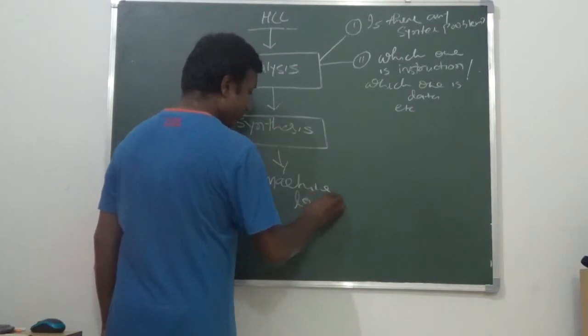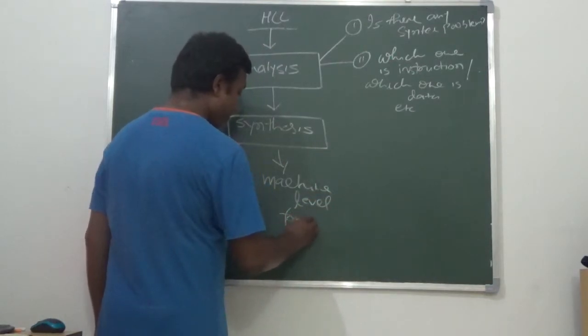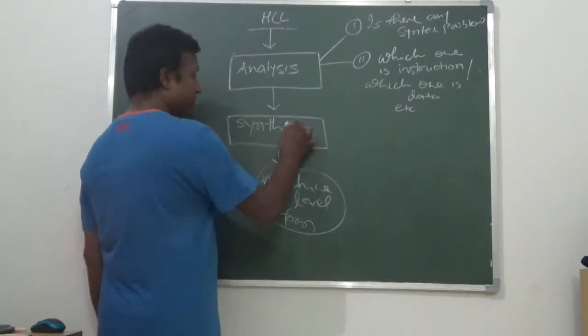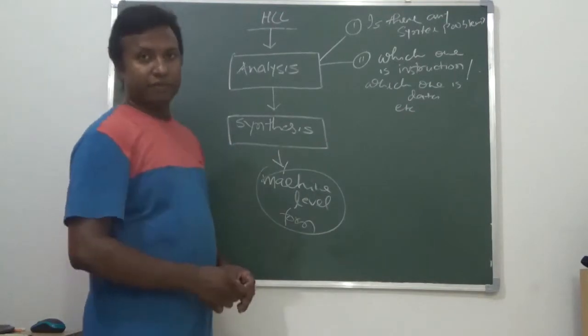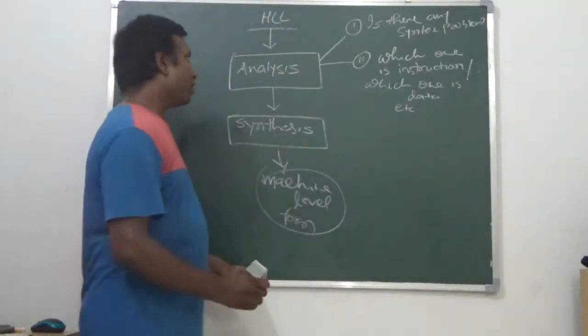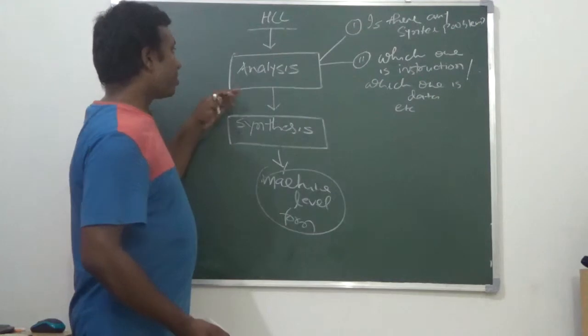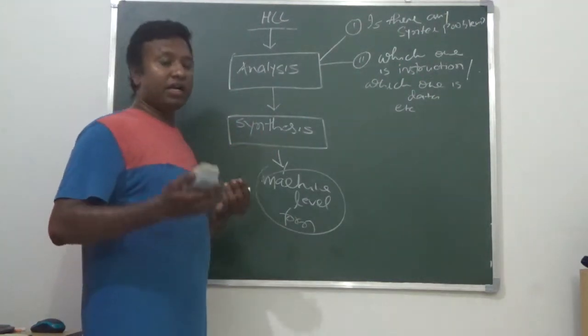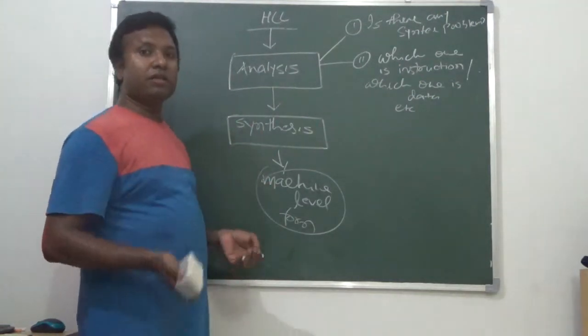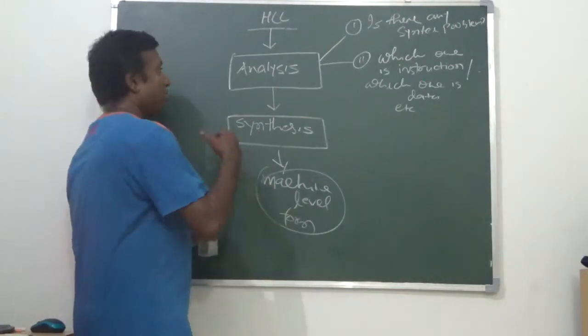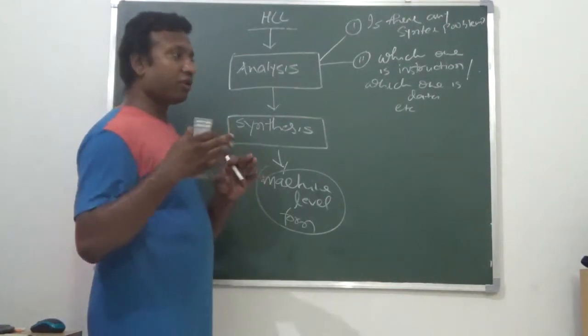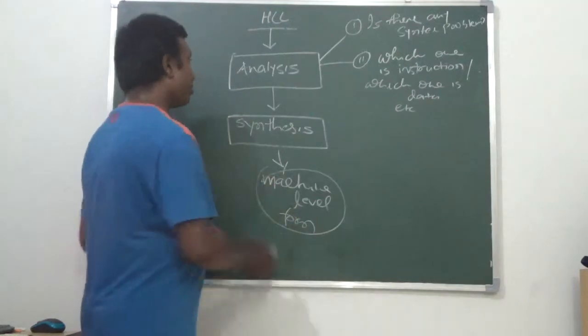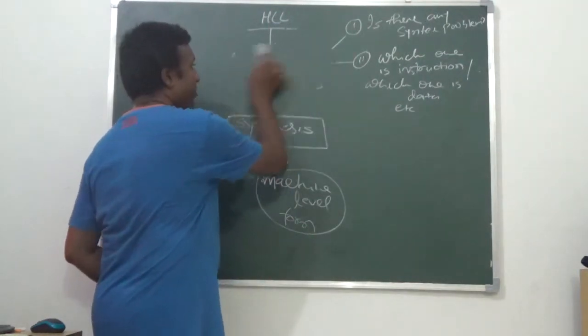That conversion is done in the synthesis phase. Now the analysis phase is not one single phase; it consists of multiple sub phases. We will discuss all those sub phases later on, but one important sub phase